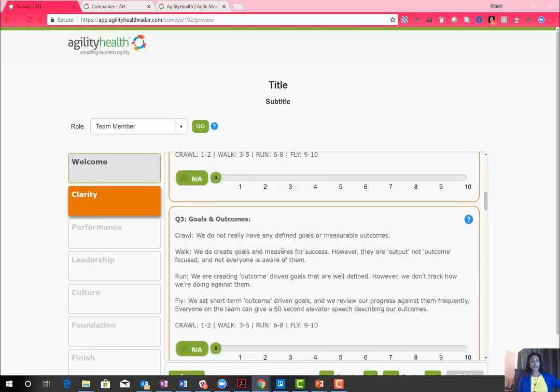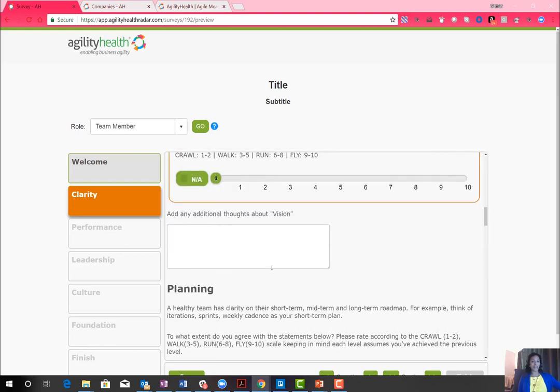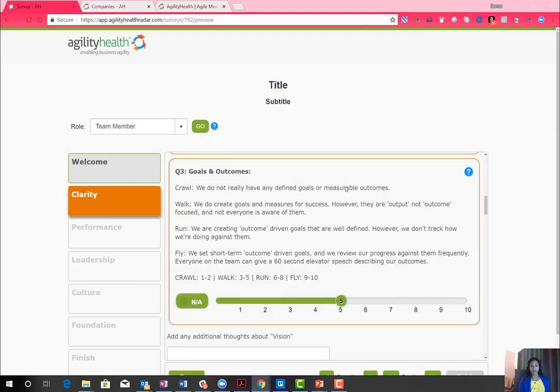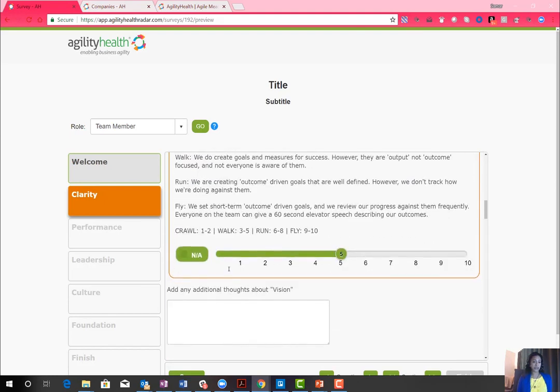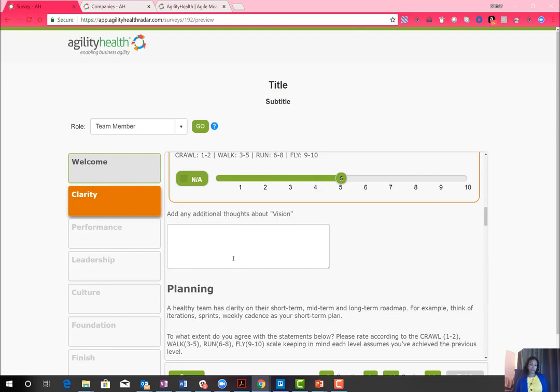It's really important to note that at the bottom of each one of these sections, there is the place to put your textual responses. So it's really important that we are explaining to the team the importance of, once they put a rating in here, so if I put a rating of a 5 for this item, for example, then I should be able to explain, why am I rating it at a 5, golden outcome? Why do I feel that it's in the middle, or if it's high, or if it's low? So we really want to explain the importance of the textual responses and ensure that our team members are putting a lot of these responses in place.